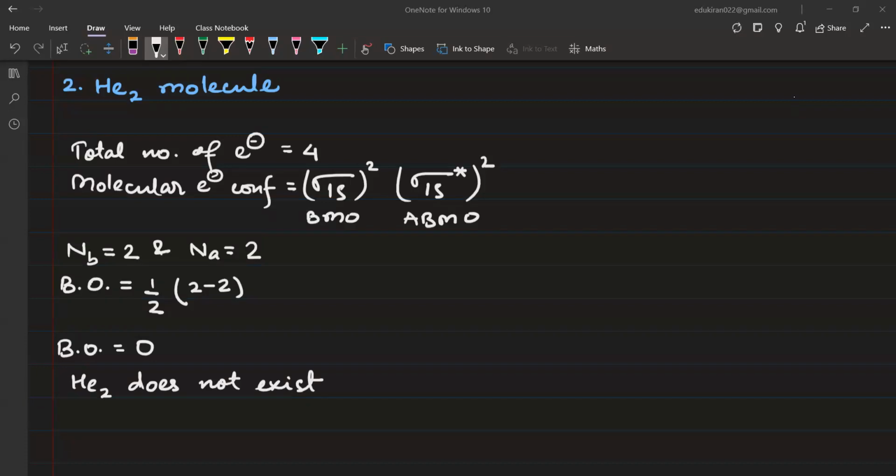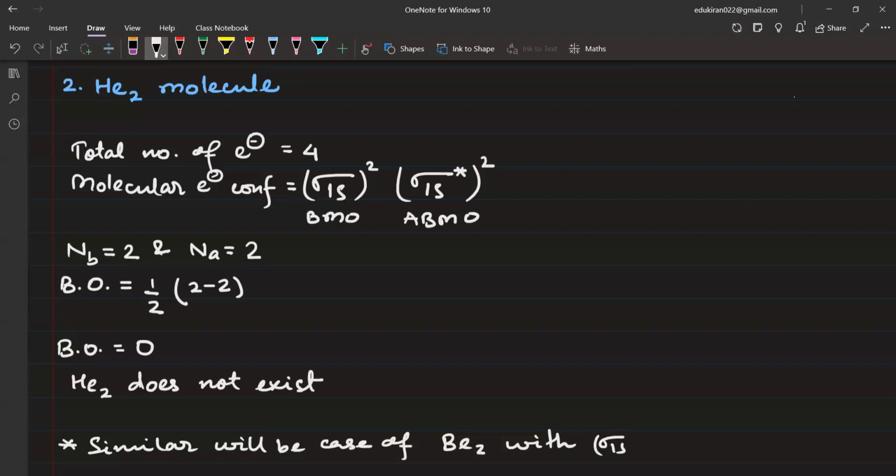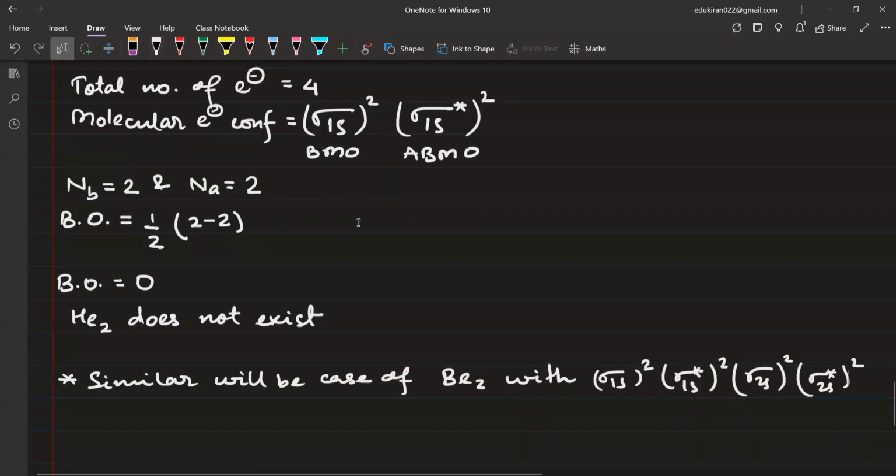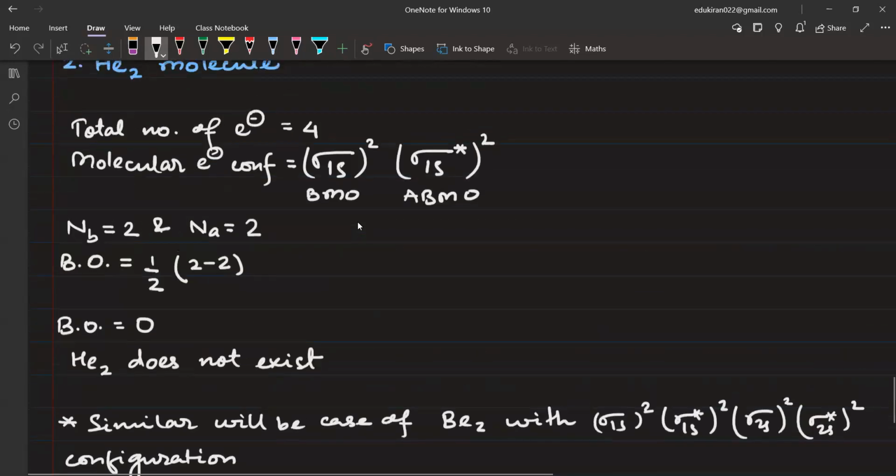So we'll write similar will be case of Be2 with sigma 1s2, sigma star 1s2, sigma 2s2 and sigma star 2s2 configuration। कोई दिक्कत किसी को नहीं ना? ठीक है, अच्छा अब इस तरह से आपके पास थोड़ा, अब देखिए हम लोग क्या करेंगे, आगे बढ़ते हैं ना।